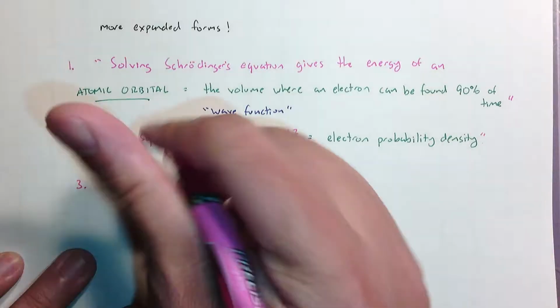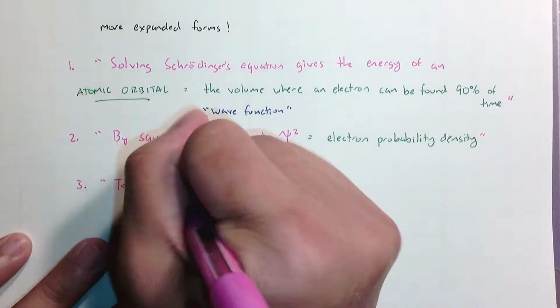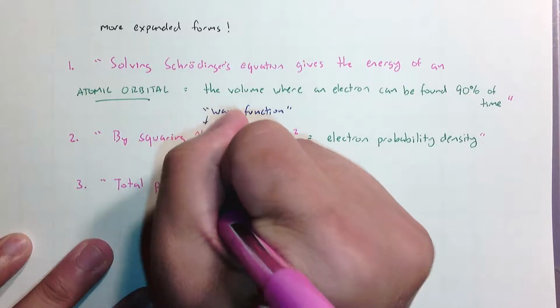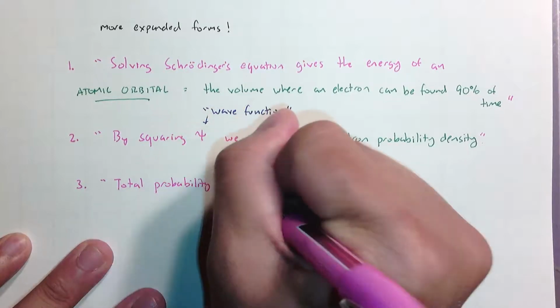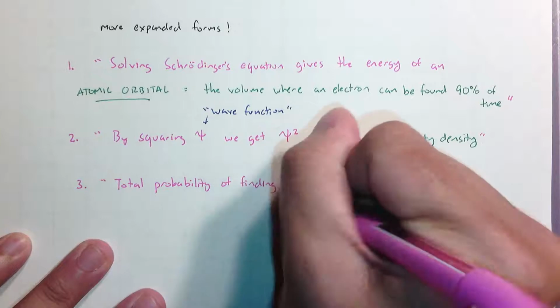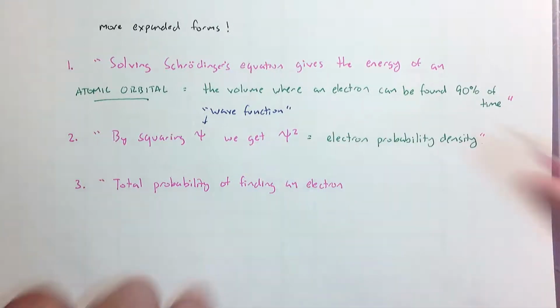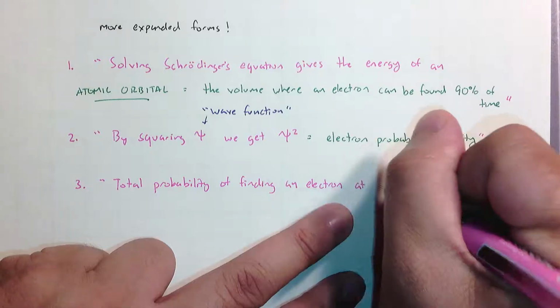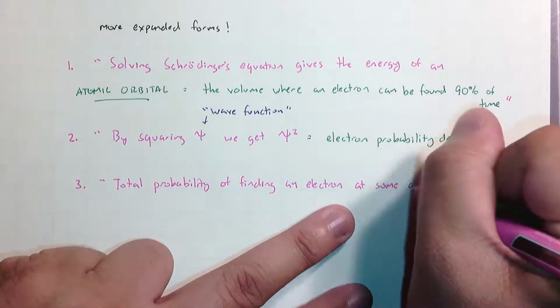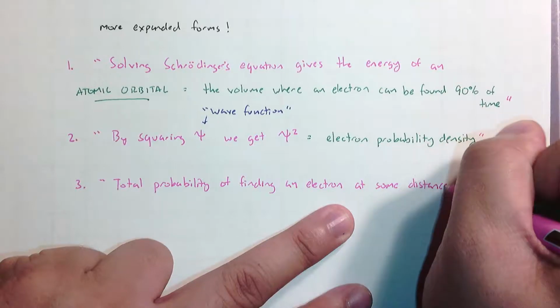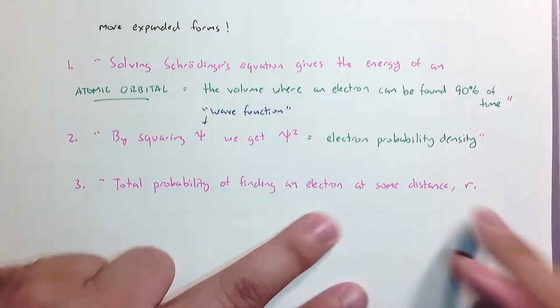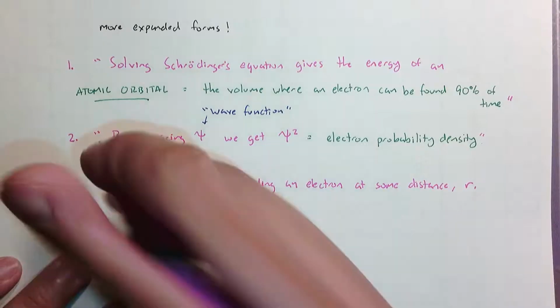The total probability of finding an electron at some distance r, maybe for radius, is called